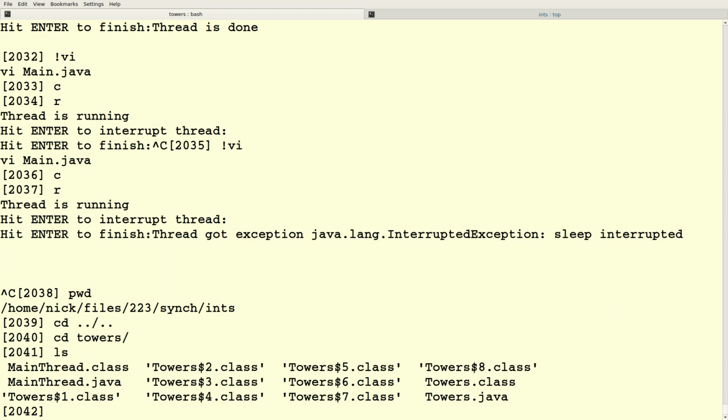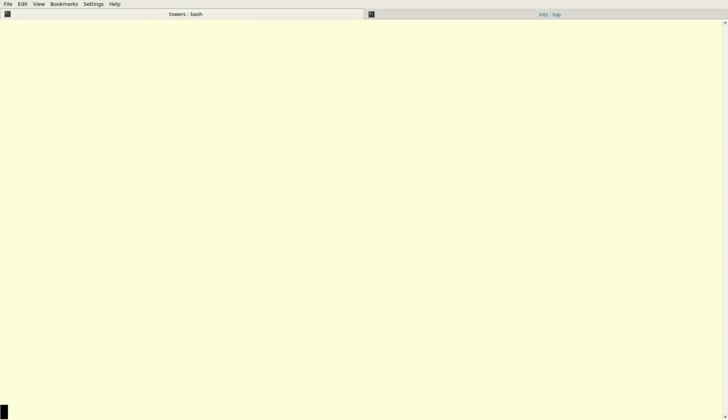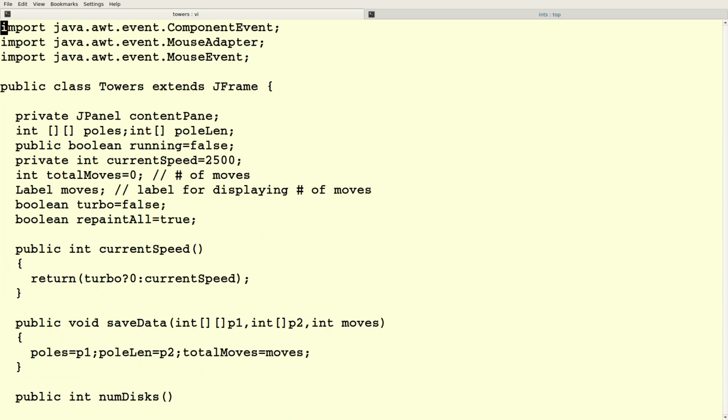Alright, so Towers of Hanoi. Ignore all of that. This is a JFrame, and we're going to play Towers of Hanoi and do it visually. We're going to show the disks and show them as they move back and forth. And it's not too bad to do. There's a lot of what I call bit flipping in here, right?